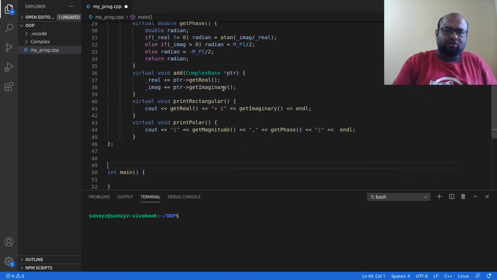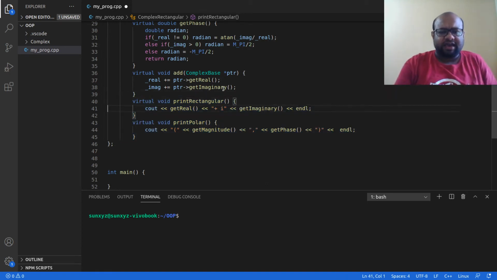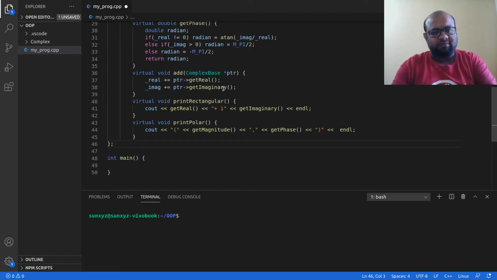So in complex polar, if I simply copy these 2 functions, nothing is going to change. But if I had underscore real in here instead of get real and underscore imaginary instead of get imaginary, then in writing this complex polar class, my function would have been different. Some implementation would have been different.